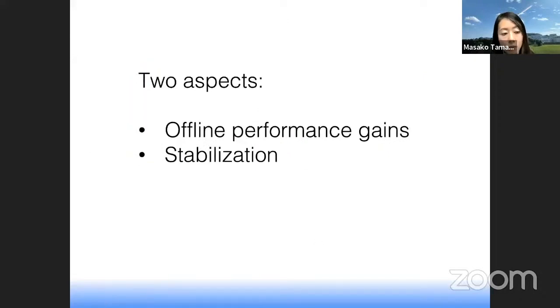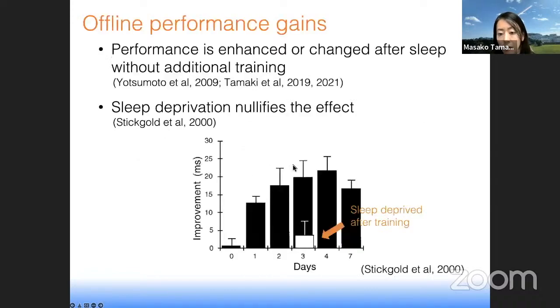Now, there are two important aspects in the role of sleep in visual perceptual learning, and one of them is offline performance gains, and the other is learning stabilization. Earlier studies have shown that performance on visual perceptual learning is improved or changed dramatically beyond the baseline level after sleep. Since this significant improvement in performance occurs between sessions without additional training, such changes in performance are